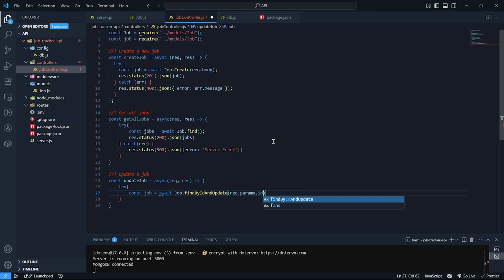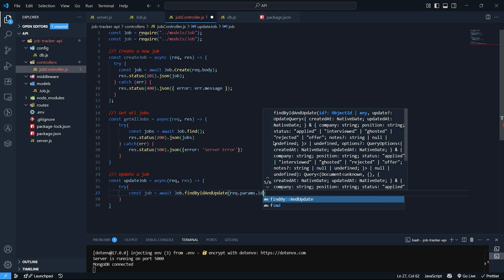params dot id. So it's like you have added any job, okay, and let's say your current status is applied, you want to change its status from applied to interviewed. Okay, so you have to update it. Now how you will update it, every job will have a unique id, so you have to pass that unique id, that okay, I want to update this one. Okay, so request dot params dot id,